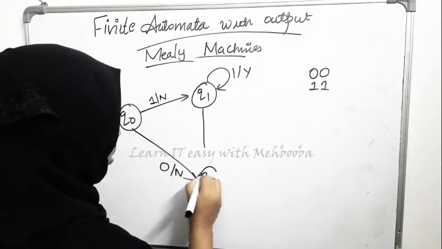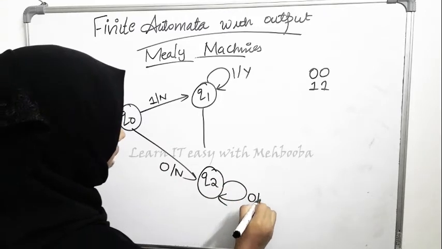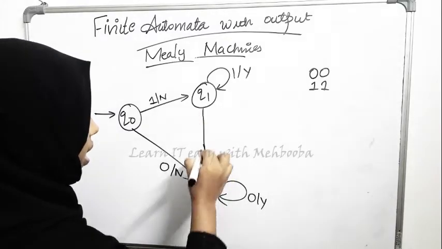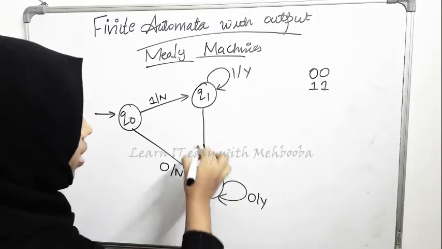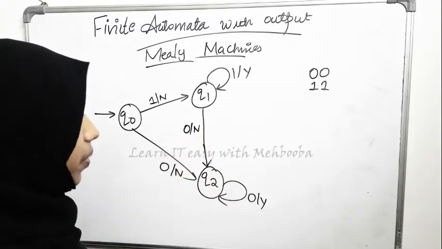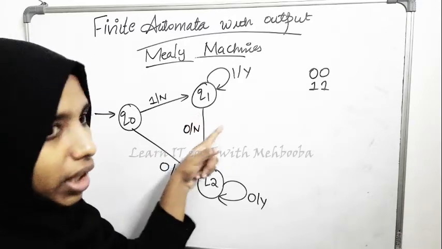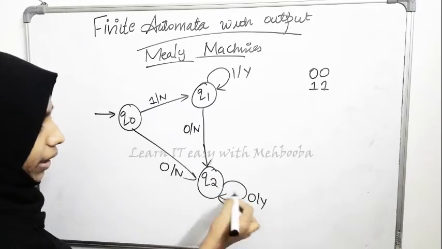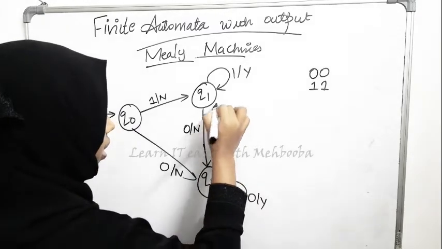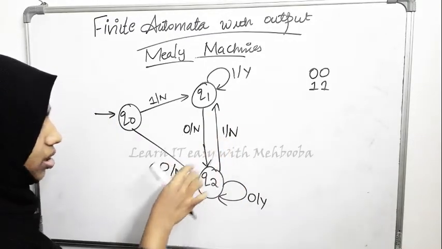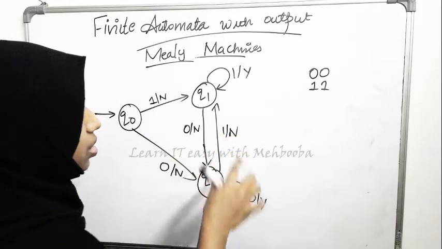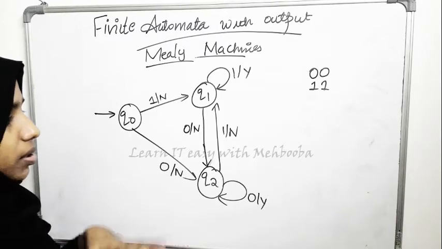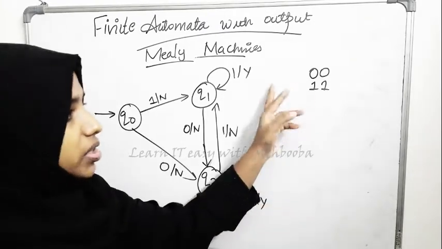Now if we are getting 0, that is again a no, because at least 2 zeros are required. So Q2. Now if we are getting more zeros, that is definitely a yes, because multiple zeros still end with 2 zeros at the end. Now if we are getting a 0 here, you can send it to this position, but that will be a no, because the 0 is following a 1. But once you reach here, you may have more zeros and make it a yes. If you are having a 1 here, that is again a no, because this 1 is following a 0. If you are getting more ones, that will definitely give you a yes. Okay, so this is the Mealy machine for strings ending with 00 or 11.